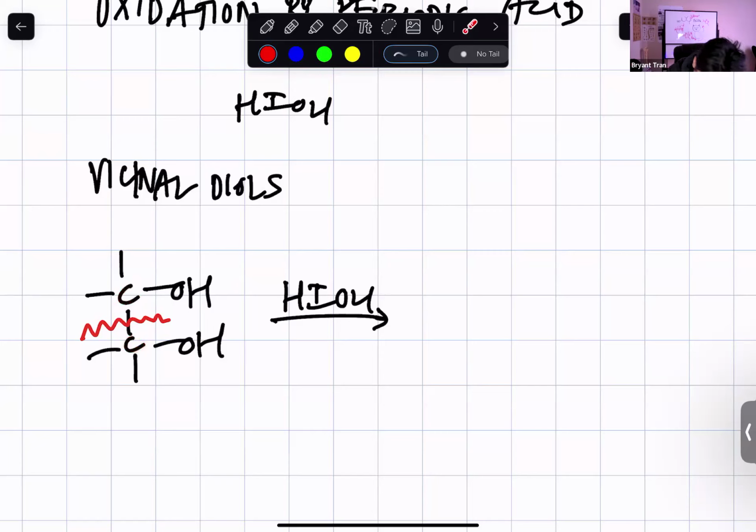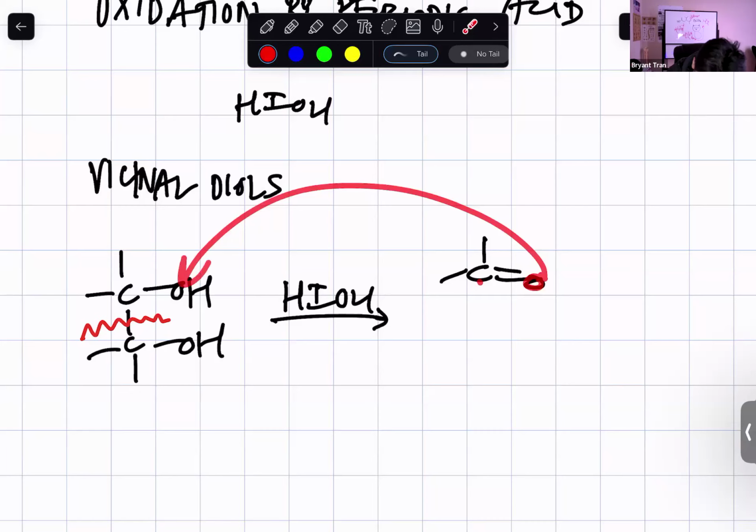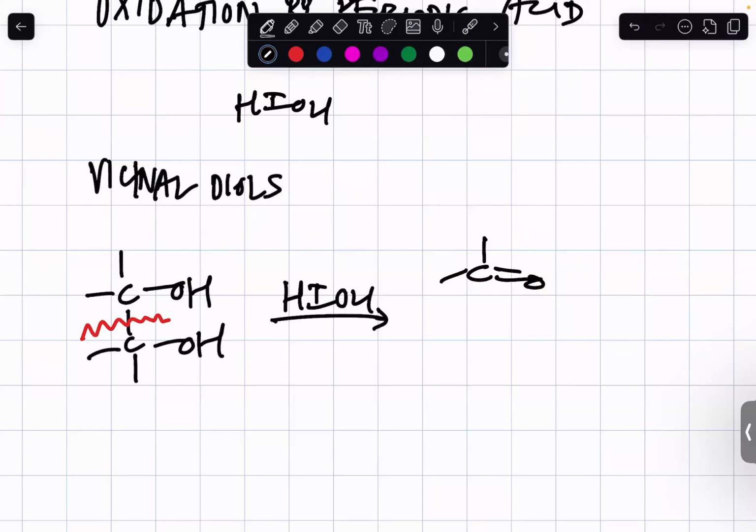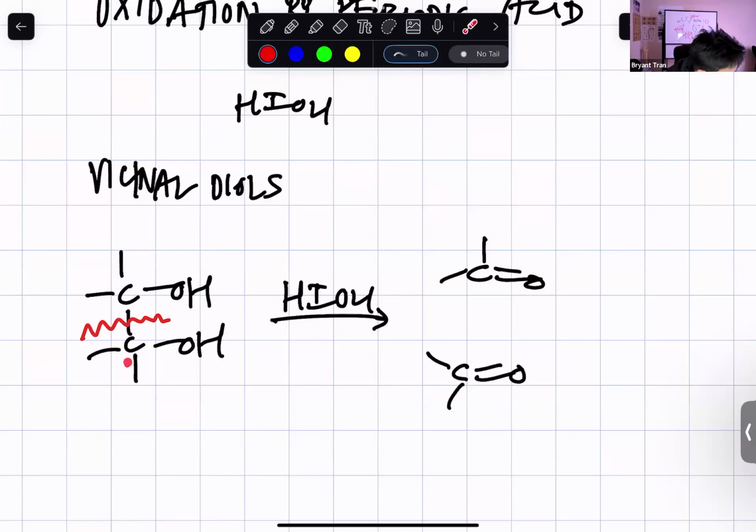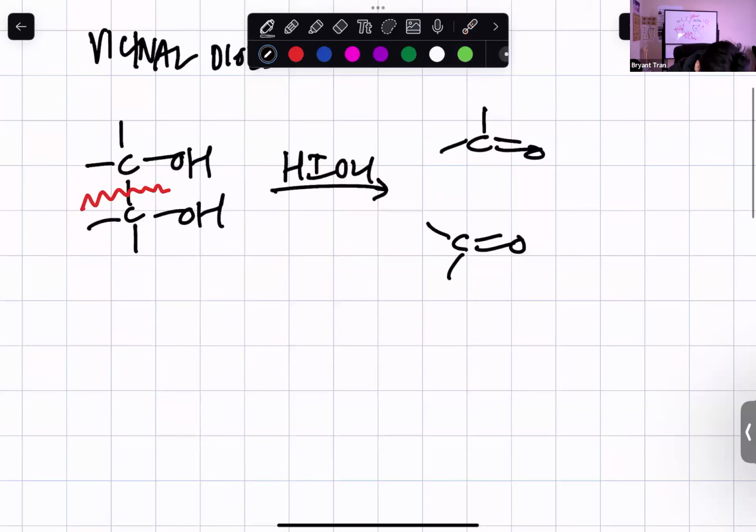So this carbon here is going to have a carbonyl with that oxygen, where that oxygen is that oxygen of the alcohol right there, right? And that's going to be the same for this carbon right there. Right? And the example that he gave below is a sugar,